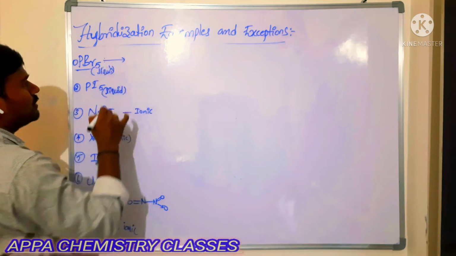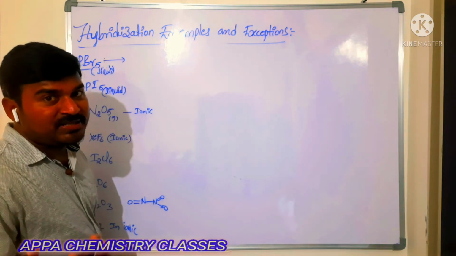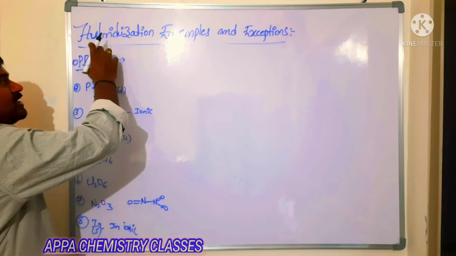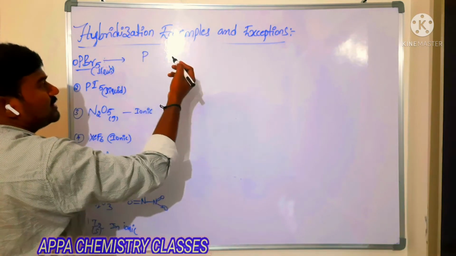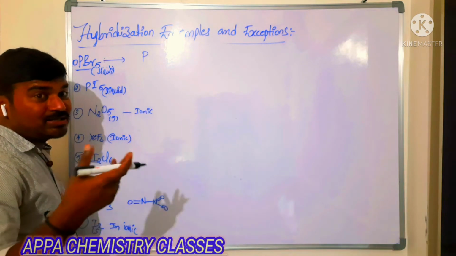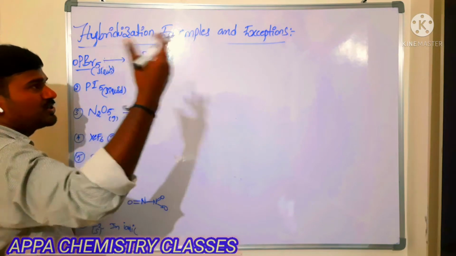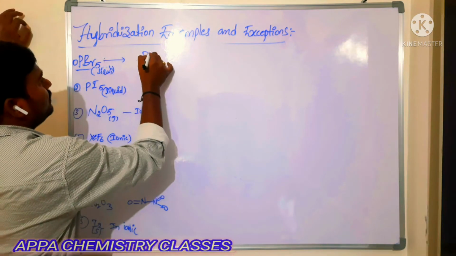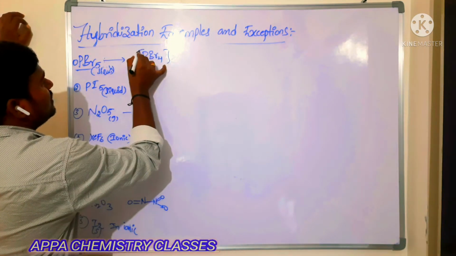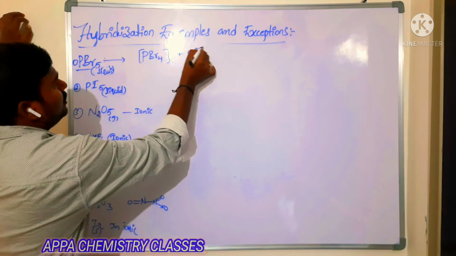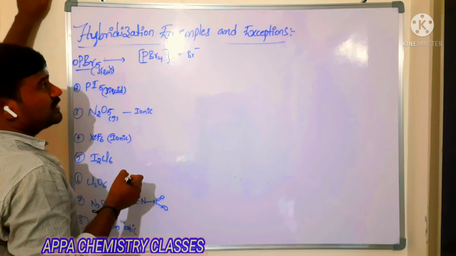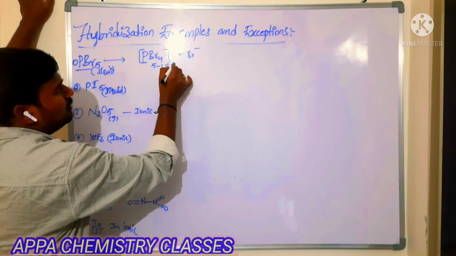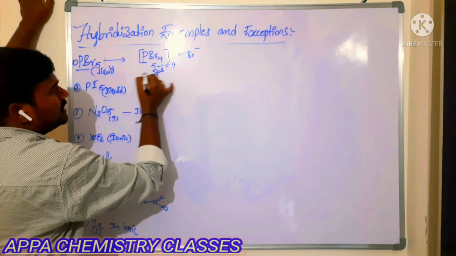In liquid state, phosphorus pentachloride exists as PCl4 plus and PCl6 minus, but PBr5 does not exist like that, because bromine is a large-sized atom. So it cannot exist as PBr6 minus. That is not possible, because bromine is bulkier, a steric factor, which cannot be held by the small-sized phosphorus atom. So we are going to get PBr4 plus and Br minus. Now what is the hybridization of phosphorus in this compound? Phosphorus with plus, that is 5 minus 1, that is 4. 4 means sp3 hybridization. Is that clear?